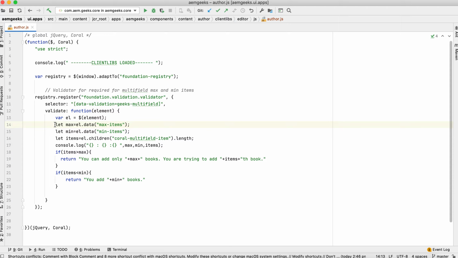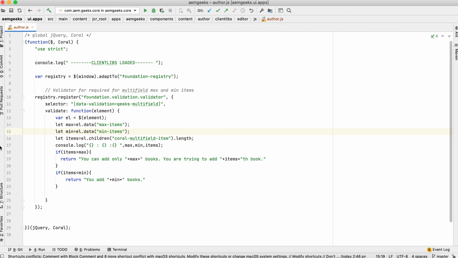What this line is actually doing is getting my max item value. I'm using let, which is a way of defining a variable in JavaScript or in the latest version of jQuery. And then in min I'm getting the attribute. Let me show you.